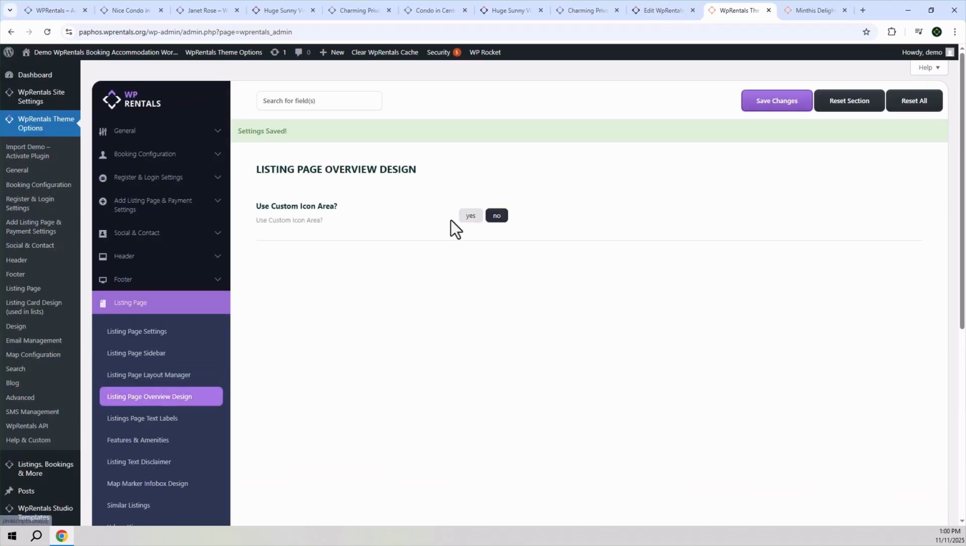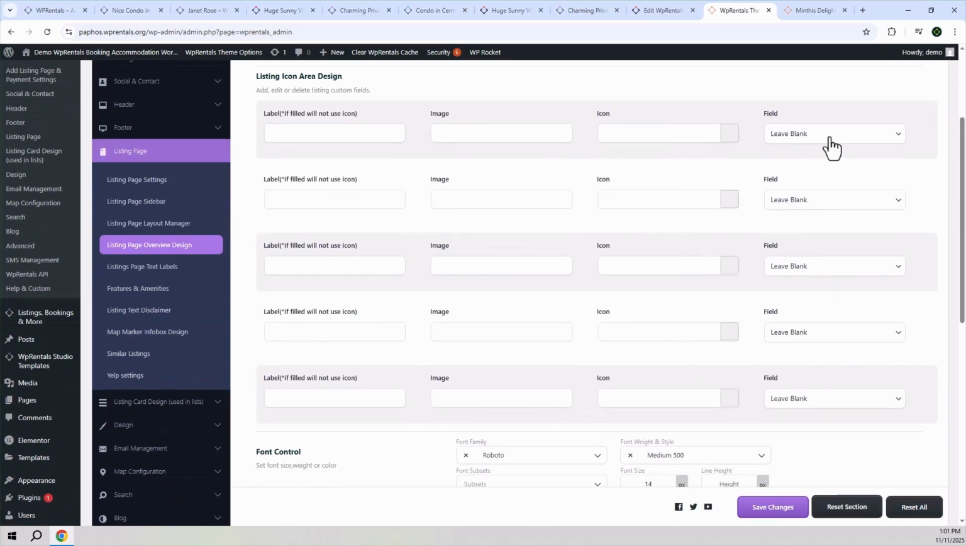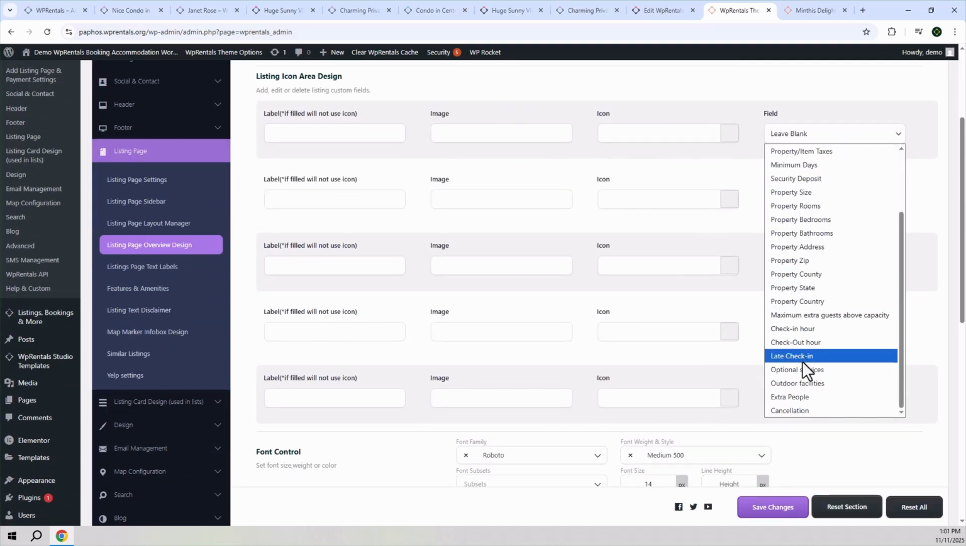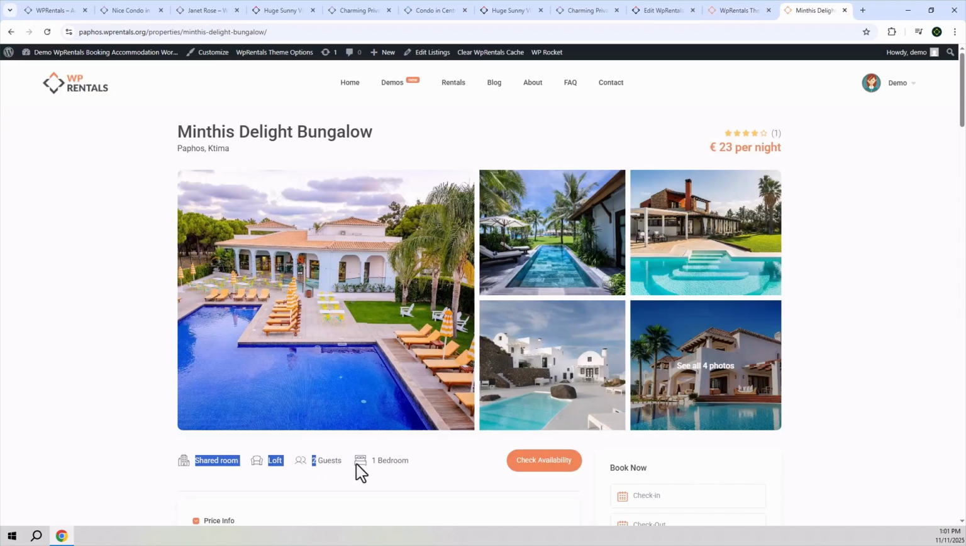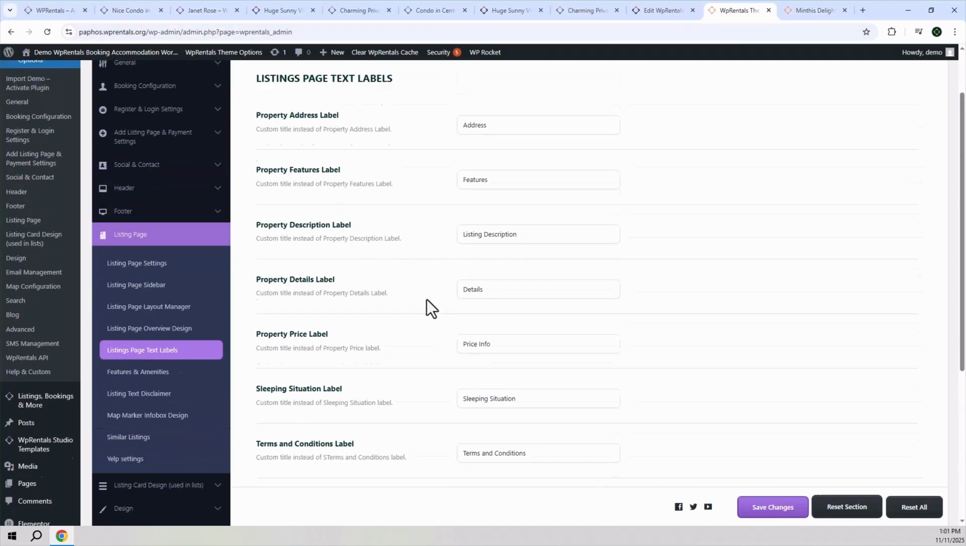You also have built-in controls for the overview content, where you can highlight the most attractive features of each property, and you can also add custom fields, icons, or text to make your listings stand out, all without touching any code. You can also add custom section titles, include a listing disclaimer text that shows at the end of the